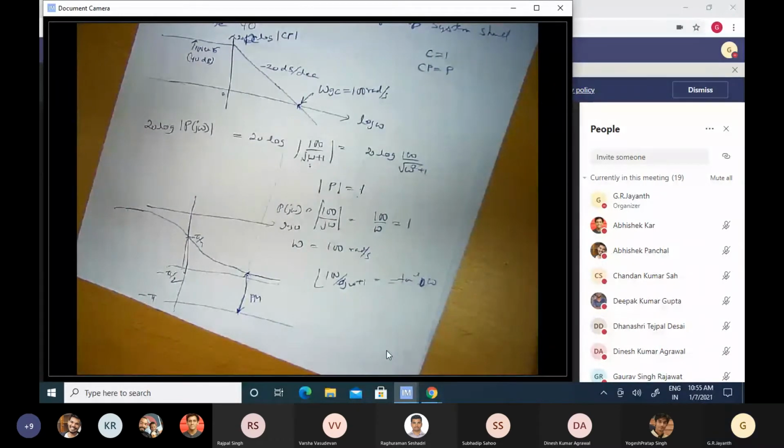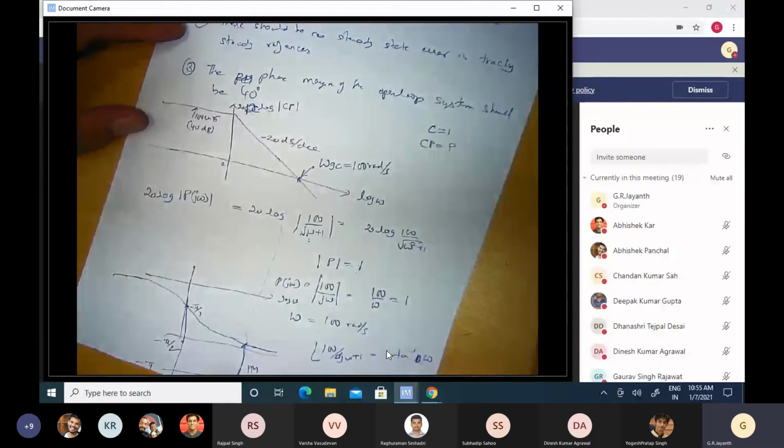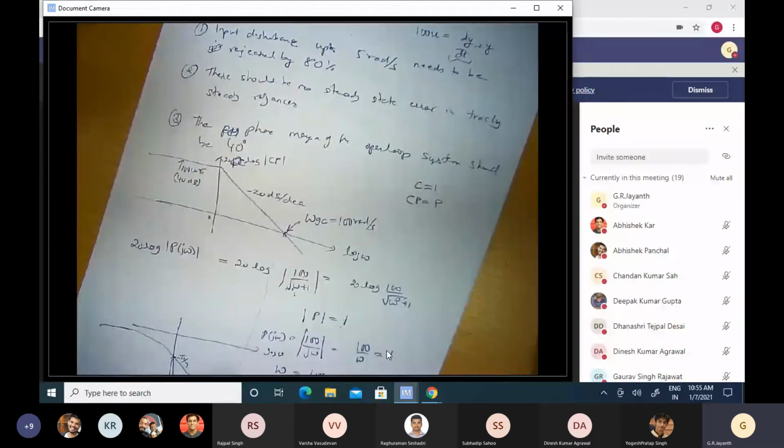Now, let us take on the second specification first, for reasons that I will get to. I should have probably stated this particular thing first. There should be no steady state error for tracking steady references. So when is the error going to be equal to 0? The error is going to be equal to 0 when the plant has been inverted perfectly. So when perfect inversion happens, that's when the error goes to 0.